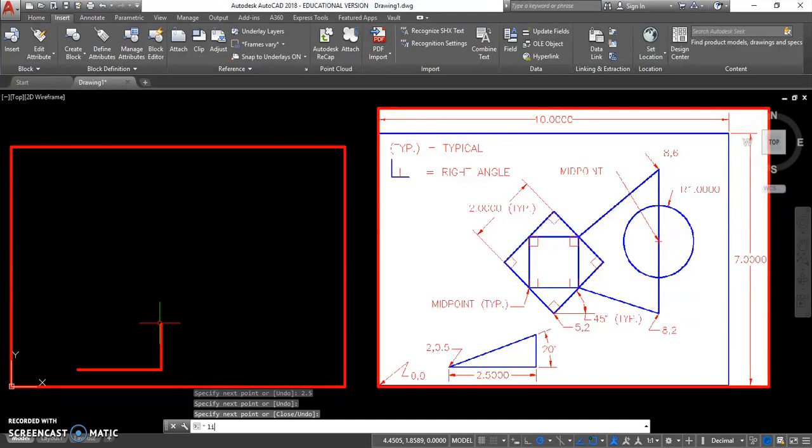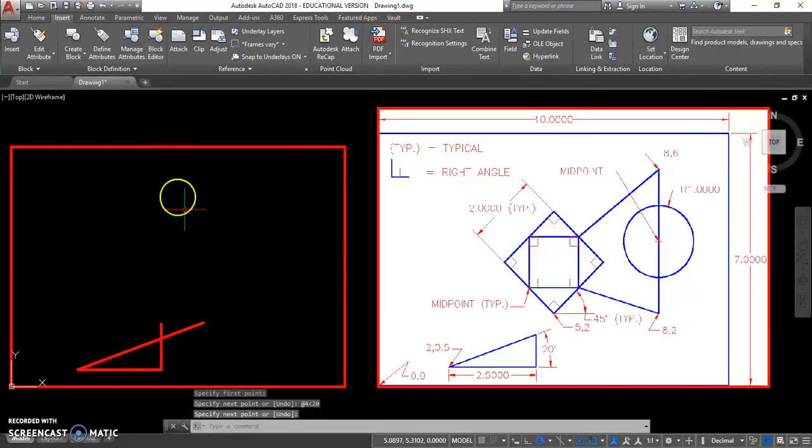Now, I'm going to grab the line tool again, put my cursor here. That's going to be my point. I need to draw a line at 20 degrees. So I'm going to go at, and then the distance doesn't really matter. I'm going to do something that I know will reach it. So I'll type 4, and then angle. So shift comma gives you the angle symbol, and 20, and hit enter, and then enter again gets you out